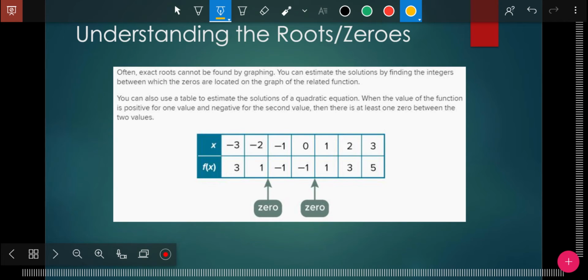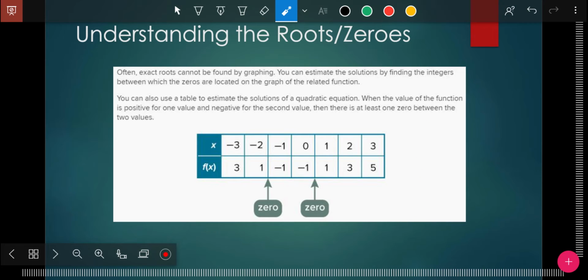Now, here I can't see a graph. So how do I know where the zeros are? How do I know that they're right down here? You notice the x's are going in order, but what do you notice about the y's? It changes from a positive to a negative. Well, the only way to change from a positive to a negative is to cross the x-axis. And then from a negative to a positive,